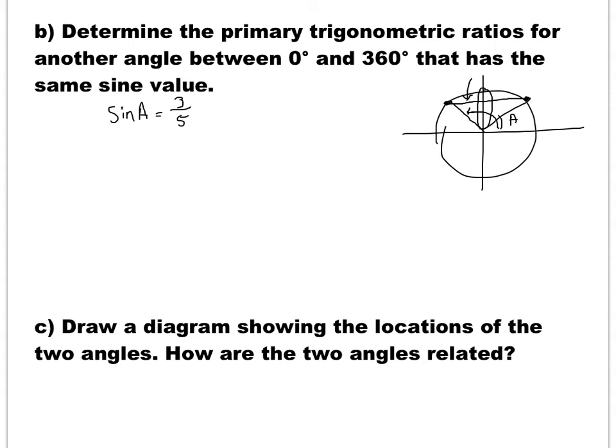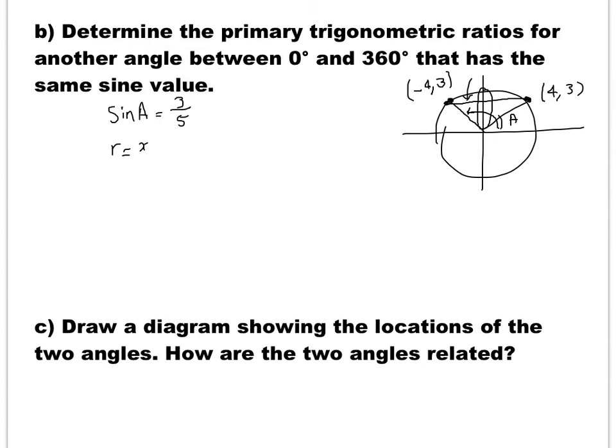But to find that value, remember that this point was x and y, and we found that x is 4 and y is 3. The reflection here is going to have a negative value for x, so it becomes -4, but the y stays the same as 3. So the sine of this angle is going to be, r is going to stay at